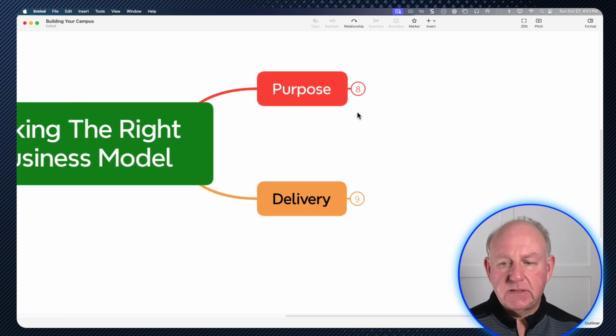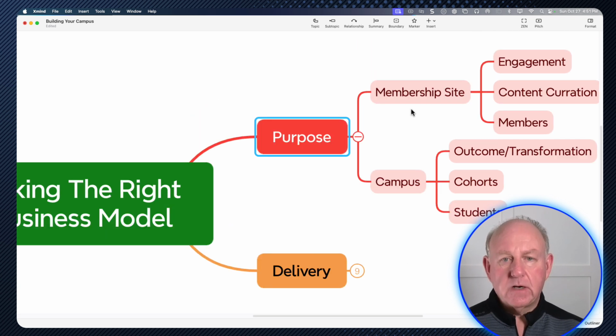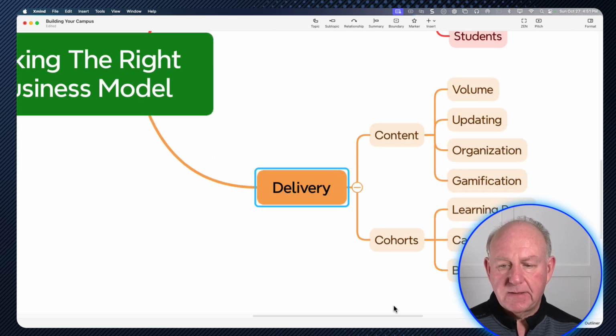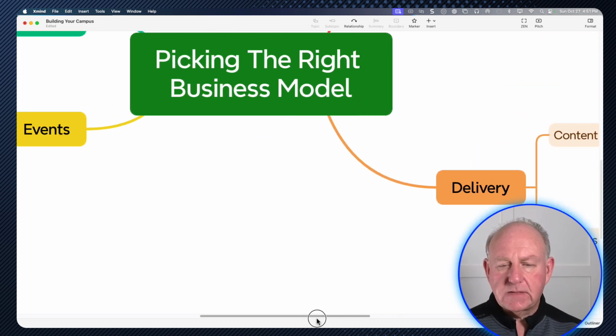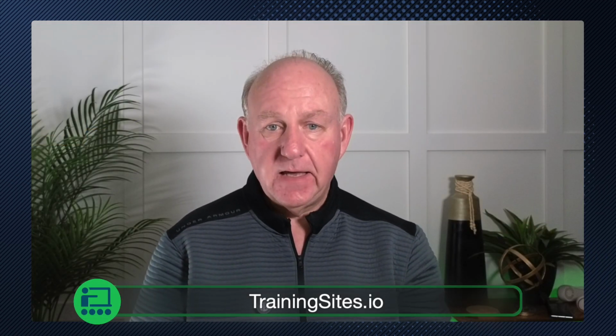And what I did is I tried to figure out and introduce, in this case, whether you're going to build for your education business a membership site or you want to build a learning campus. And we talked about what's the purpose of a membership site and what's the purpose of a campus. And I did that for each of these particular sections. What kind of content do you deliver in a membership site? What kind do you deliver in a learning site? So I went through these things, and what I did is I didn't write them down. What I actually did is I did